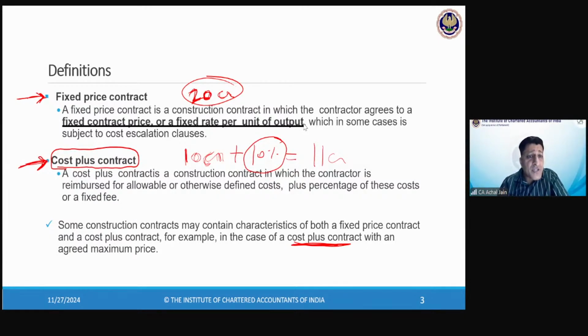Tambeshwari is asking, which type do we use in metro? So if you talk about construction of a train, of course, this is going to take a substantial bit of time. So this should be something which you call a construction contract, which will fall within the purview of AS7. Yes or no? Every time you need to evaluate the contract, you need to find out what are the terms involved, what is the nature of the contract, and accordingly you'll have to find out whether you go to AS7 or not. And accordingly, you will recognize it.